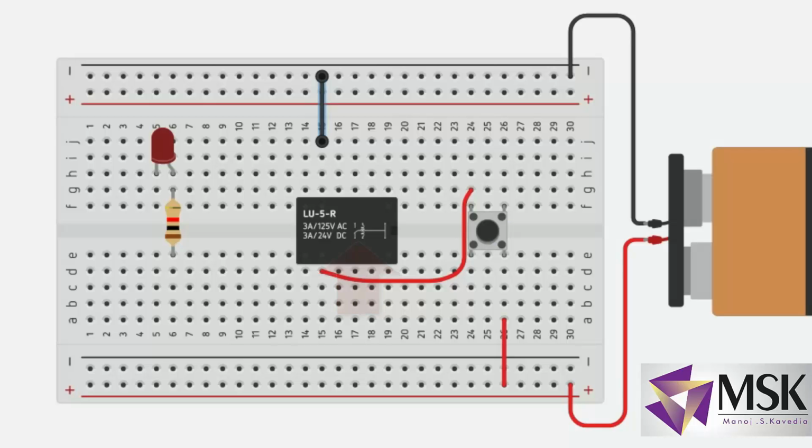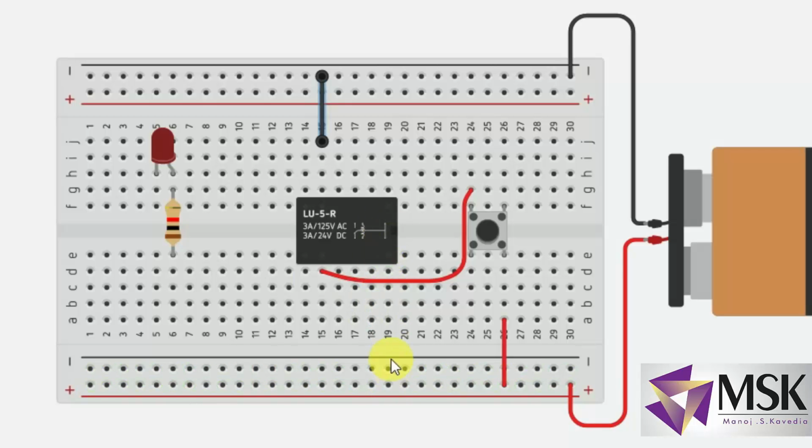Fine. So let's see in the simulation whether this much part of the circuit is working or not. So I'll start the simulation. And now see, this particular point is connected down, means it is connected to terminal number 7, that is normally closed. The moment I click the switch, see that particular movement. This lever will shift up. Yeah, you can see in the animation. So my input section is functioning.